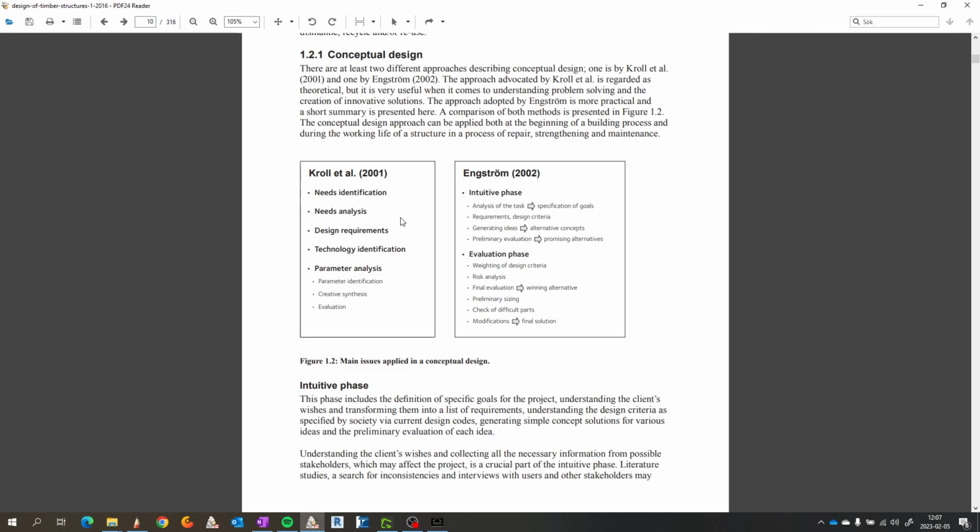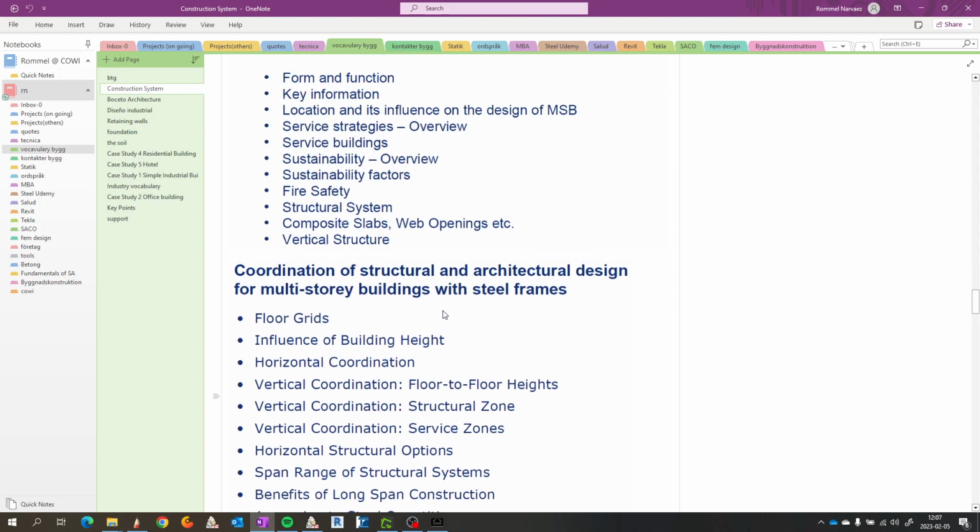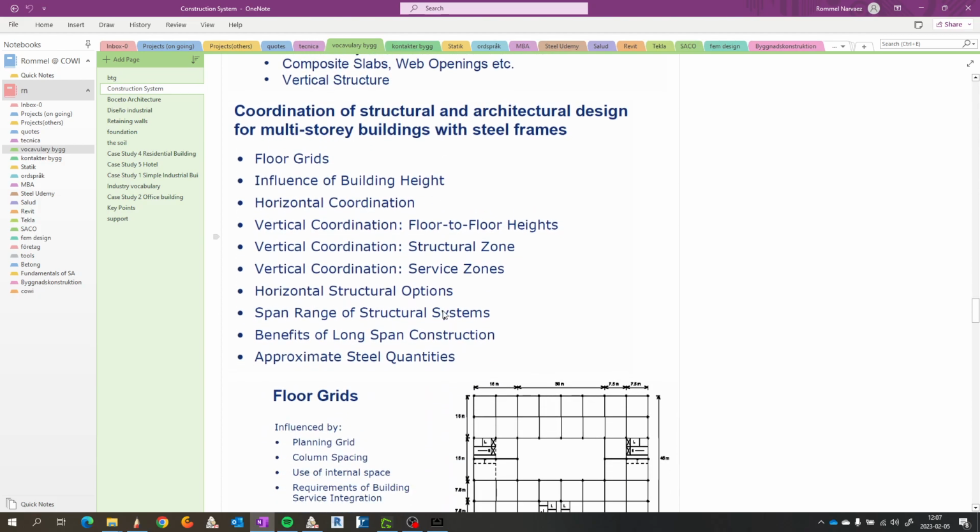And I have been looking at generating ideas and alternative concepts, in the way that you need to sketch before you make your model. That is the purpose of the sketching. And later on, we are going to make some kind of preliminary evaluation. We have done a little of that. What I am talking about with the requirements, for example, you see on the screen,